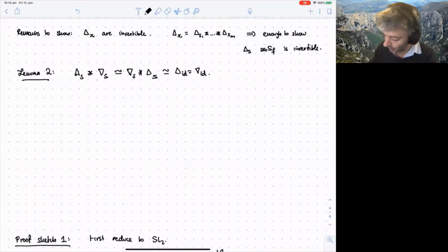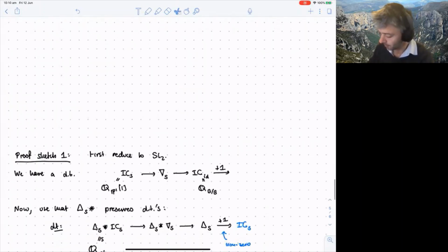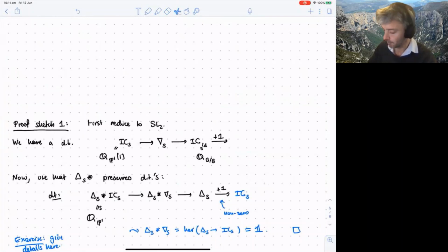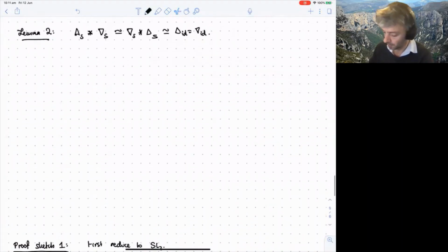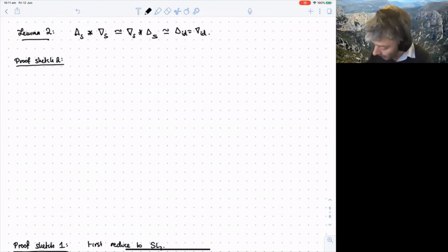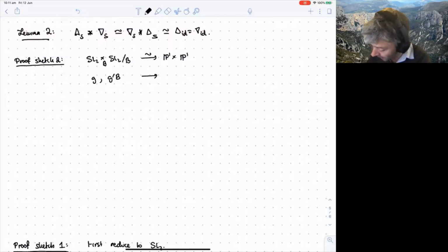Okay, so less hygienic, proof sketch 2. So SL2 over B, that is SL2 mod B, is isomorphic, as we've seen a number of times, G prime B, it's isomorphic to P1 times P1 under the map that sends, first project or multiply and project. And under this map, B times over B,